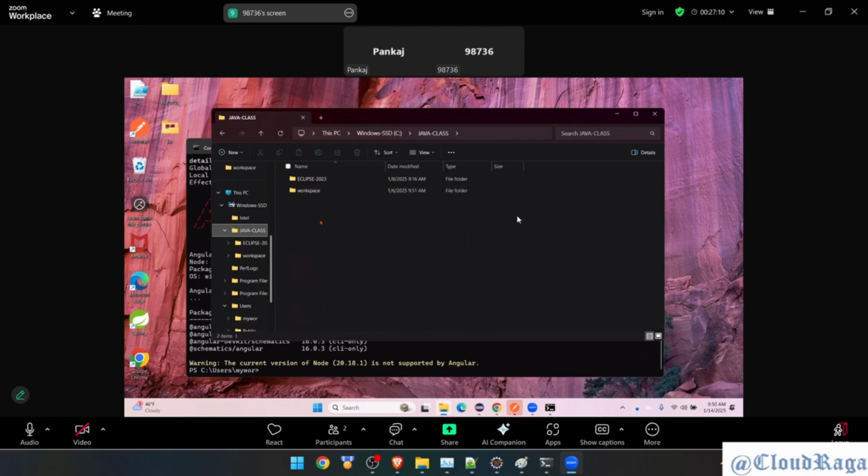यहाँ पे राइट क्लिक करो, एक नया फोल्डर बनाओ, angular workspace करके, न्यू फोल्डर। न्यू पे जाओ ना, क्या कर रहे हो? देखो, सब स्मॉल में लिखो, angular हाइफन workspace। ठीक है, एंटर मारो, एंटर, जाओ उसके अंदर, एंटर।